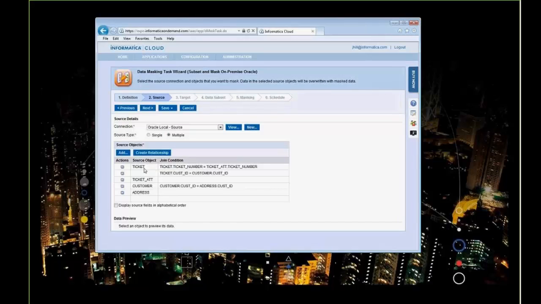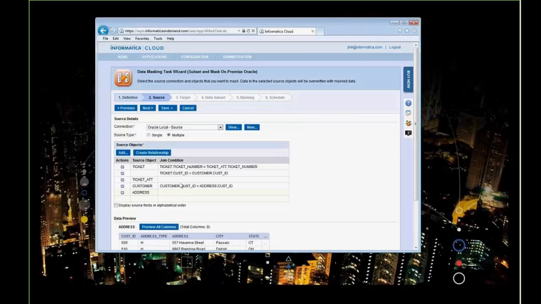So what you can do here is, since I know the schema, I'm able to say, okay, customers are related to addresses, and tickets are also related to ticket attachments, and tickets are related to customers. If you wanted to build out additional objects and create relationships, you simply click on there and click create relationships. For now, I'm just going to leave it as is, since it's already nicely set up for us. So the goal here is to bring over a set of customers with their addresses, corresponding airline ticket numbers,